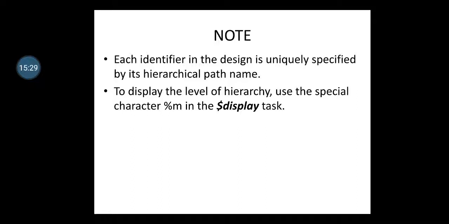In the previous part of my video series, when we spoke about the system functions of Verilog, we covered the $display function, and under $display we have the different display formats. Out of them, %m is one of the special characters which will display the level of hierarchy and also the particular hierarchical name referencing of that variable in the design.